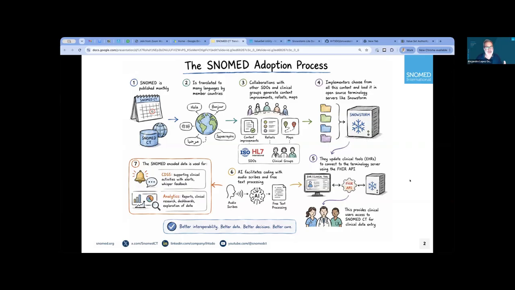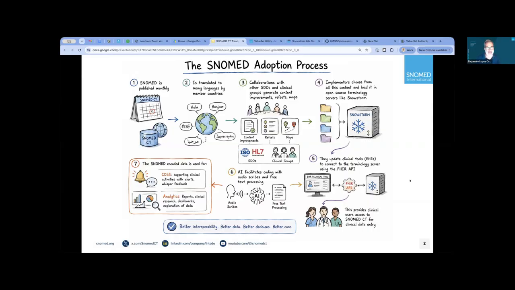So they have different resources that they need to put together and try to somehow bring to reality. And this is done through terminology servers. The terminology servers are software applications that support the idea of bringing a lot of terminology resources together, and they present that to EHRs, to clinical software, electronic health records. These electronic health records use the terminology servers to access the terminology. And these are the tools when the terminology becomes a reality for clinicians.